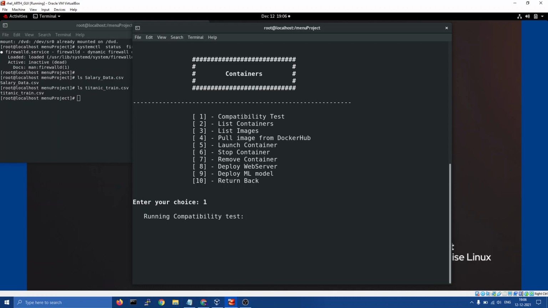It is running the compatibility test. It is testing all the required things which should be there for running containers. It might take 1 to 3 seconds. Let's wait for it.